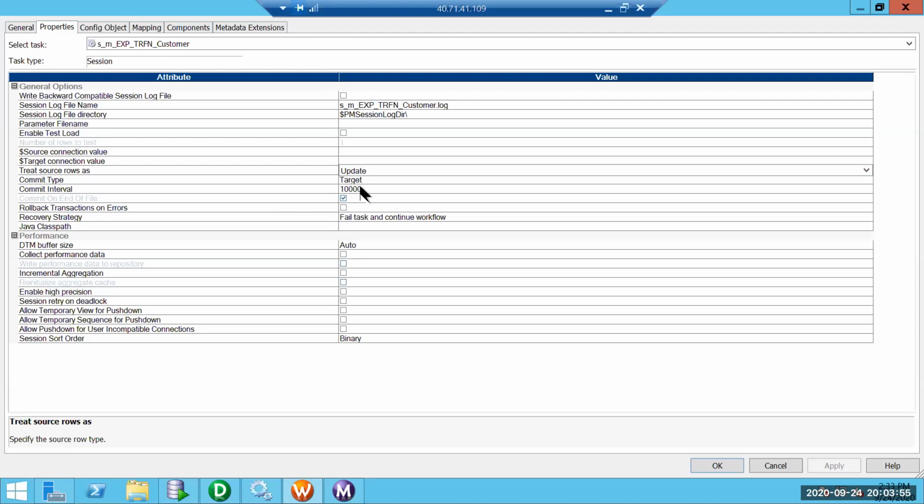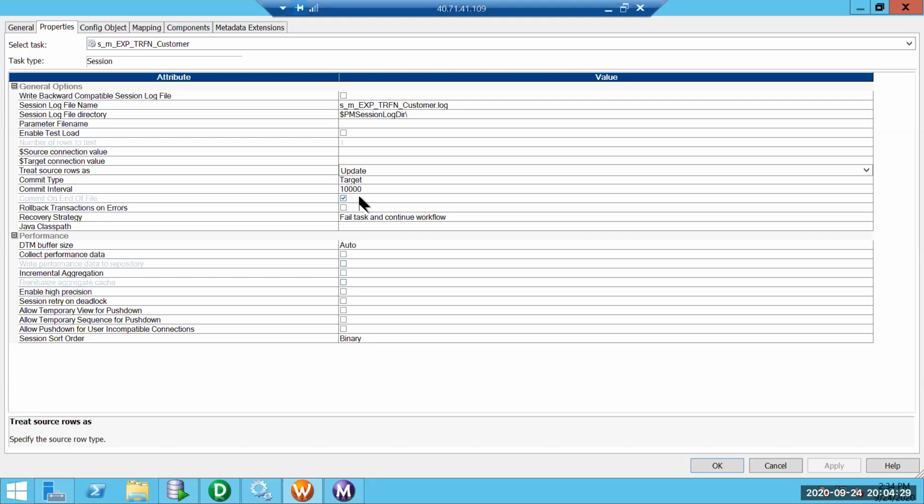The commit type target means for every 10,000 records, it issues a commit. When the volume is huge, in terms of millions, issuing a commit at 10,000 records will degrade the performance. So depending on the volume, this is a default commit interval. After insert of every 10,000 records, it issues a commit. What if your data is less than that? Let's suppose we have only 300 records; after successfully loading those 300 records, it issues a commit.